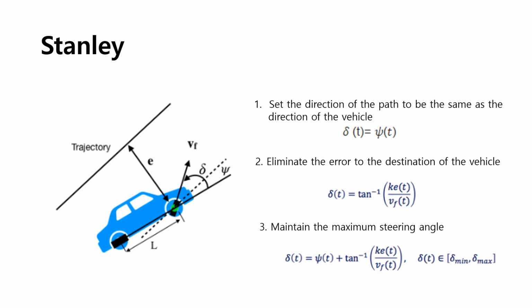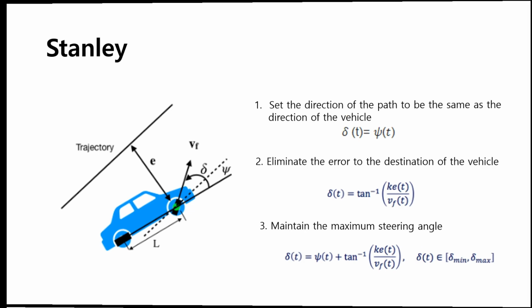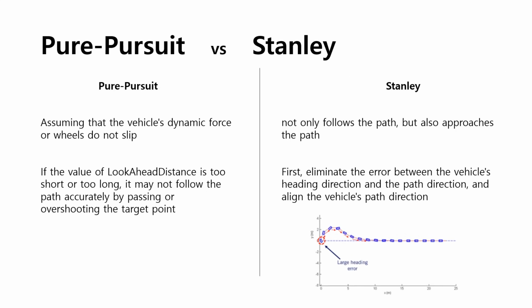The Stanley method uses the curvature of the lane you want to follow and the lateral error to control the steering angle of the vehicle. Plan our journey based on this information. Apply the control algorithm pure pursuit to track your target point and drive safely. Pure pursuit is a path-following algorithm that tracks paths along target points. Stanley is an autonomous vehicle system that extends pure pursuit to follow the route, bringing it closer to the route and minimizing errors.